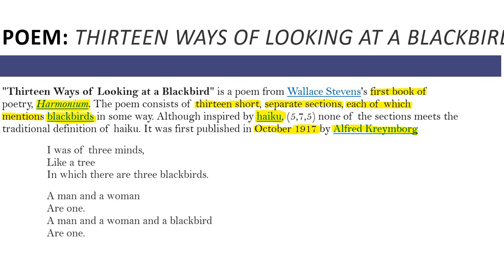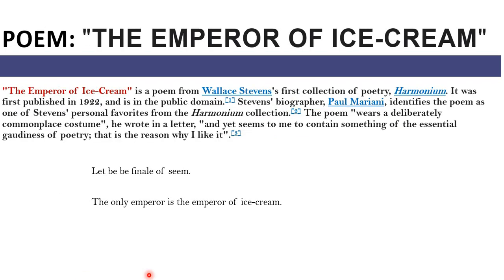If we see on the next slide, then another important poem of Wallace Stevens that is discussed in the slides is The Emperor of Ice Cream. Now you see another label of the ice cream, The Emperor of Ice Cream. इस पोएम को डिस्कशन करने से पहले आपको मैं बता दूं, थोड़ी सी चीज याद दिलाता हूं कि this poem was also published in Harmonium, and you know that Harmonium is the first collection of Wallace Stevens. जो इसका पहला पार्ट है, जैसे कि यहाँ पर भी मैंने लिखा हुआ है, first collection of the poetry, and it was first published in